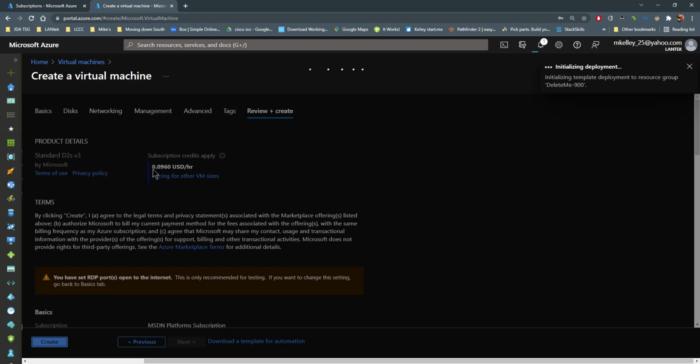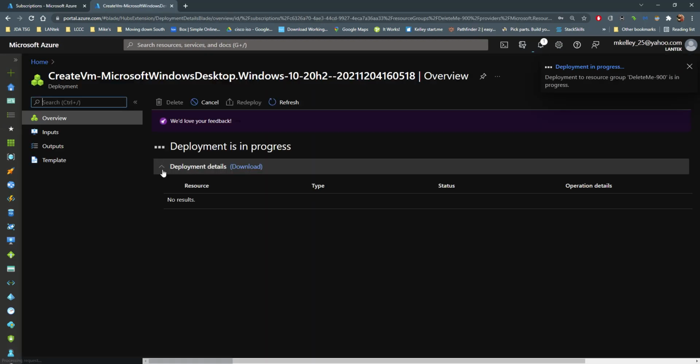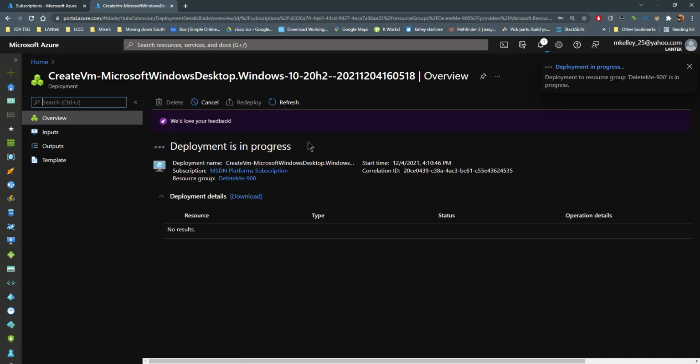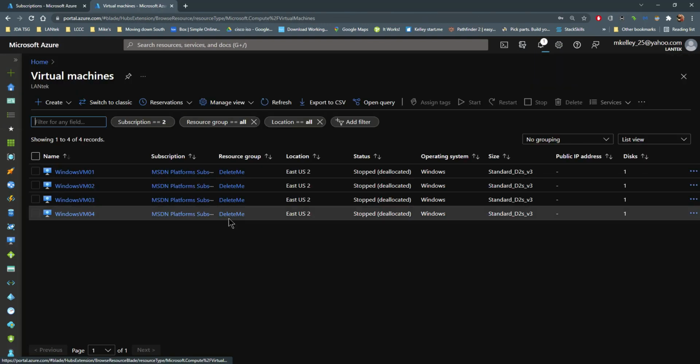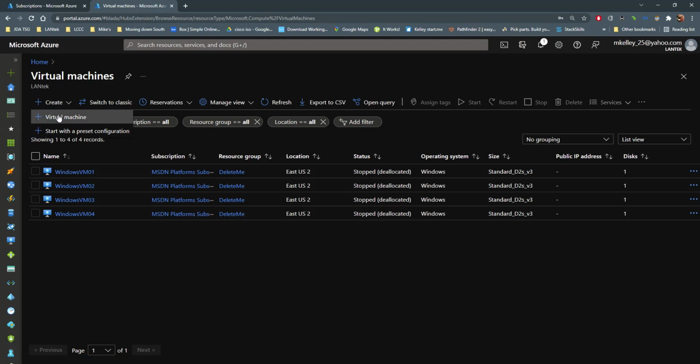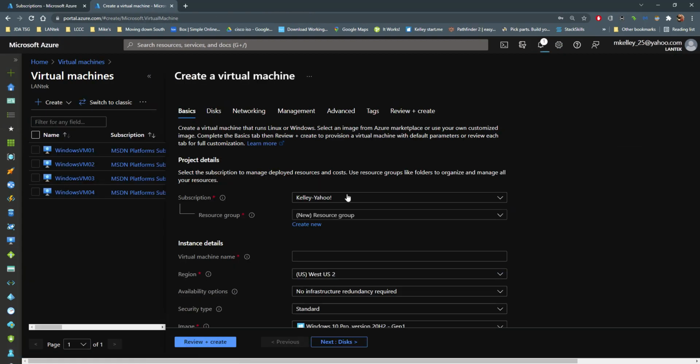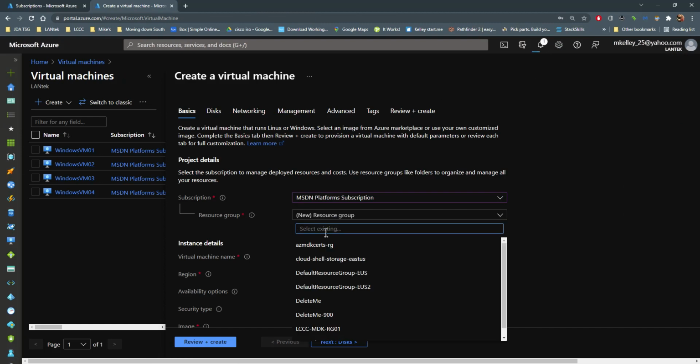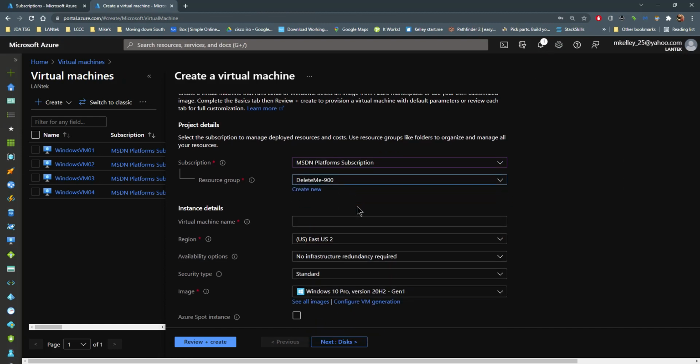So you could see this Windows VM, standard D2S v3, is going to cost me 9.5 cents an hour if it runs 24/7. All right, so while that's going, let's create a second virtual machine. Is there any problem with that? No. I can create 2, 10, 100 VMs at the same time. Obviously, if I had 100 VMs to create, I would use an ARM template. But in this case, we're just doing 2